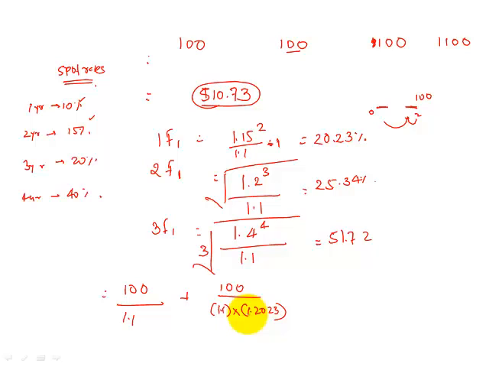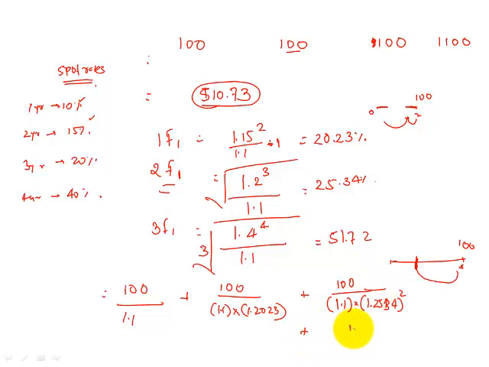So the answer here is 1.1 into 1.2023 plus this 100. So this 100 which is 3 years from now, first I will discount backwards for 2 years using 2 year forward rate 1 year from now, and then discount backwards again for 1 year using 1 year spot rate. So divided by 1.1 into 1.2534 raised to 2